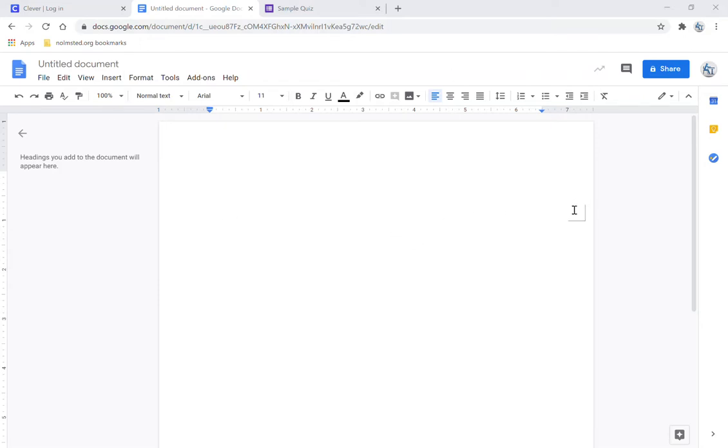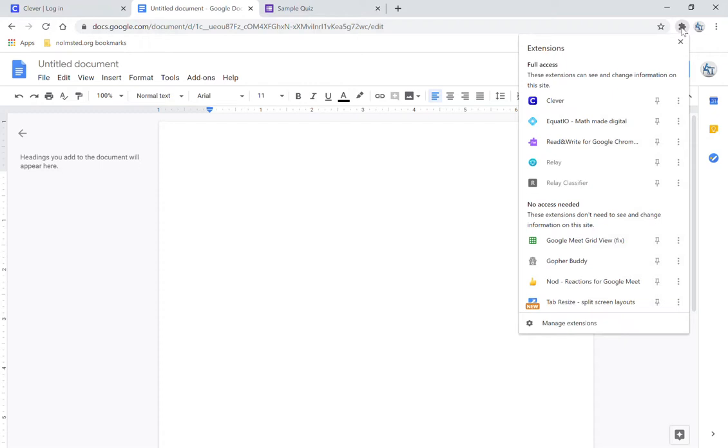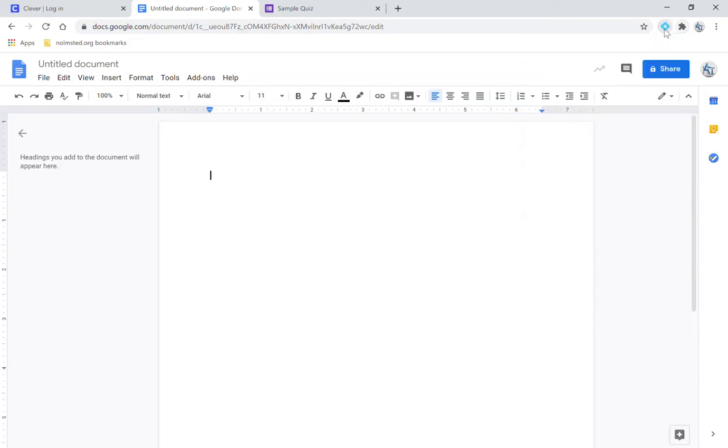So you don't need to do anything in order to get the extension. All you'll need to do is make sure that you pin it to your browser. To do this, you're going to want to first click on the puzzle piece in the upper right hand corner when you are signed in to your district Chromebook or to Chrome on your own computer, and you'll want to click the push pin for Equatio. Equatio is a blue double diamond like this. We're going to select that diamond